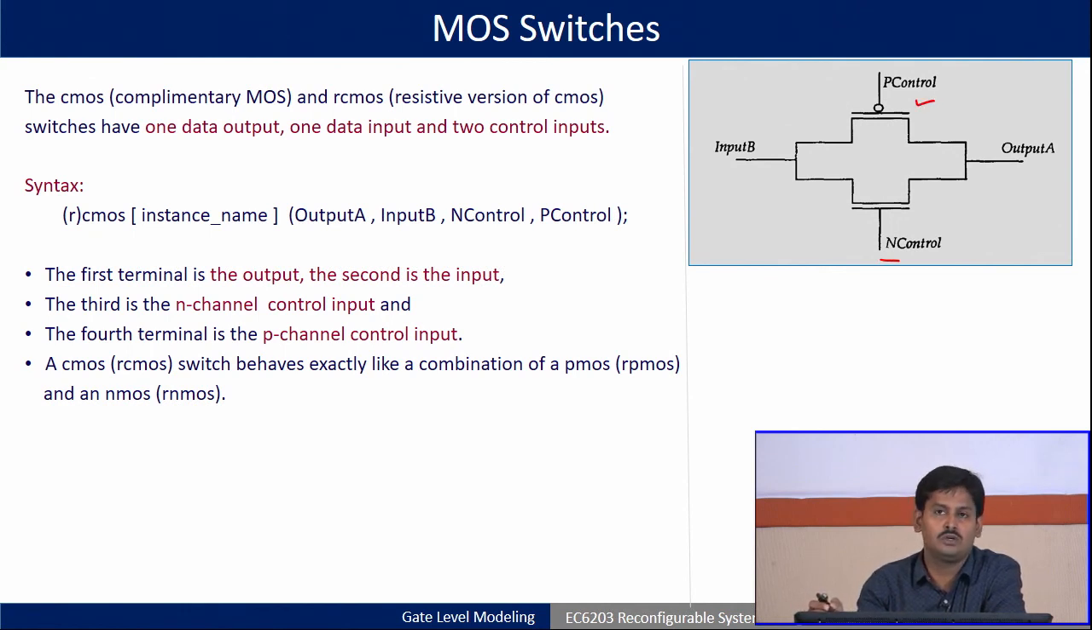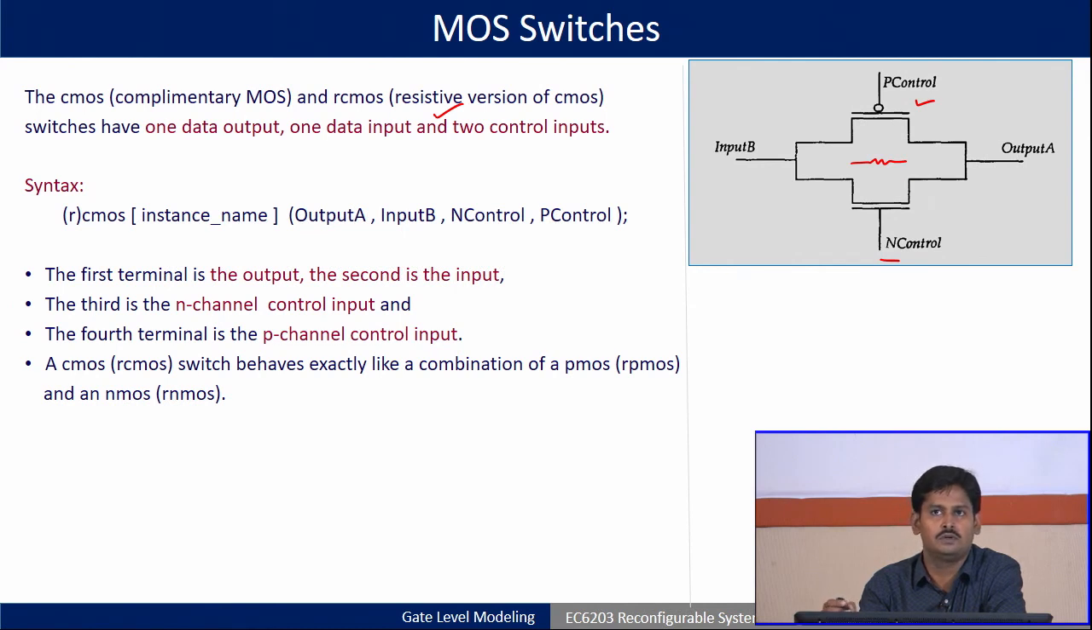But in RCMOS case we may assume that there may be a bit of resistance present here. So, the signal strength will be decreased. Understood my point? So, that is what is called the resistive version of the CMOS, RCMOS. If you have a certain situation in a transistor level diagram where you do not want an ideal CMOS or ideal NMOS or PMOS, at that time you can use RCMOS, RNMOS